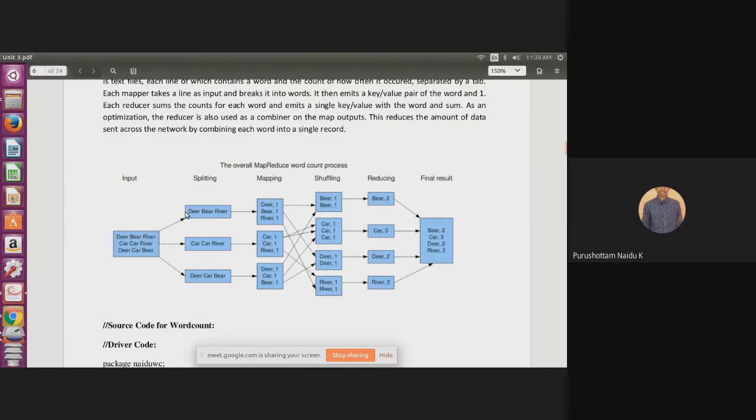But here, what do we have to split to get the output of the mapper? Just we have to split this line only. This line is assigned to which one? Value. So we have to split this value. How can we split this line? We identify the different tokens we have in this line, then split the tokens and identify token comma 1. That means Deer comma 1, Beer comma 1, River comma 1. Likewise, we have to emit the output.